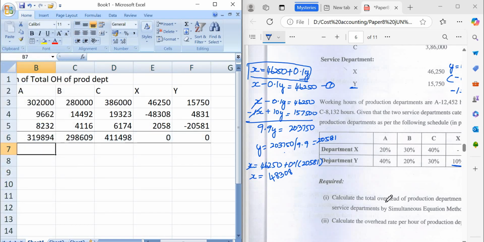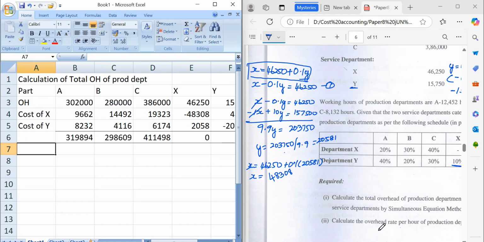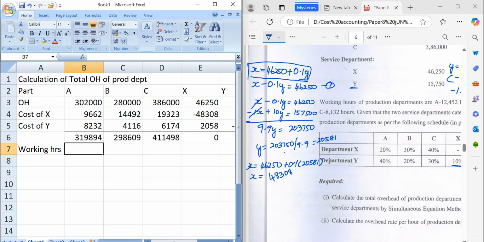So now my first question is, we need to calculate total overhead of production department, that we have done using simultaneous method. Next question, we need to calculate overhead rate per hour. So we need to calculate rate per hour based on overhead hours, that is here working hours they have given. So working hours they have mentioned in the question